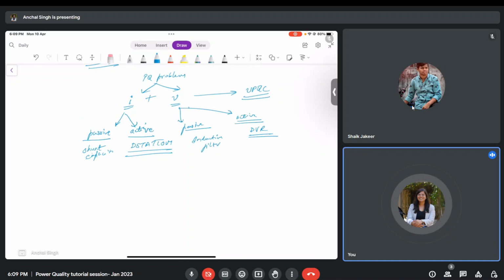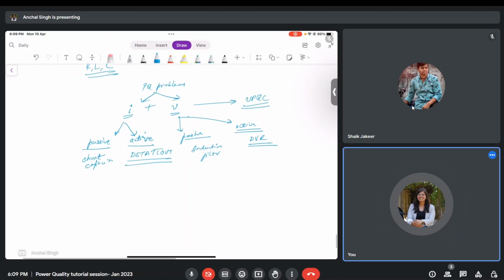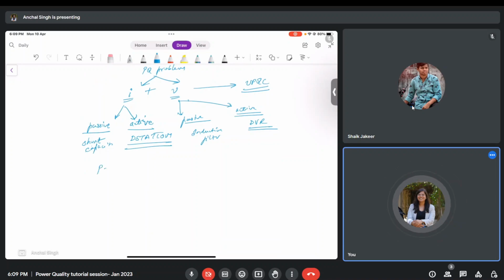So far we have been discussing a lot of these solutions. We were first discussing the passive kind of compensation, and then we were moving on to active kind of compensation. But we haven't studied both of them together. What if I can use a combination of passive and active? Why not? This is one type of solution, and this type of solution is called